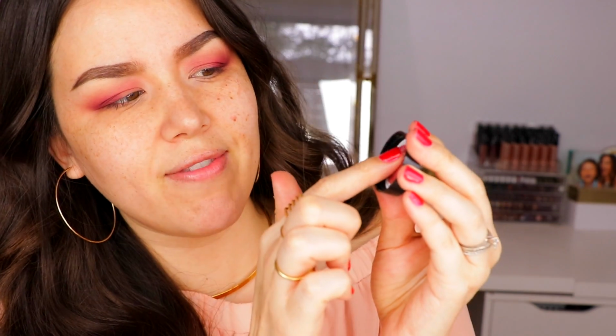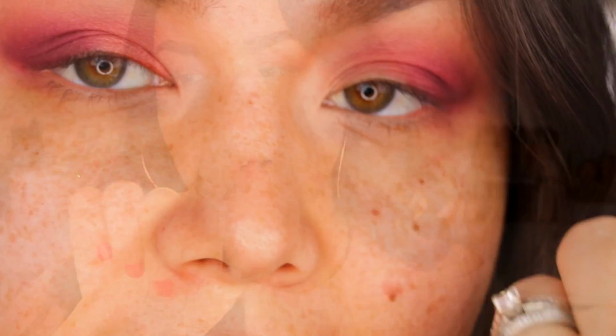It's a loose pigment, but they almost have this creamy quality to it. It's not quite as loose as a MAC pigment. Just the texture of these, do you see what I mean? It kind of shifts around in a solid type of piece,